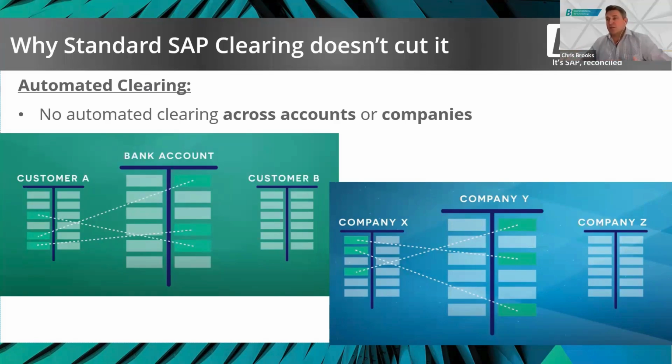So scenarios where you might have debits and credits sitting obviously for clearing, you can't actually use the automated clearing to do that, and in the same manner across different company codes, and that was very limiting. So Chris, when you had clients with these types of situations, how did you try and clear these entries without manual clearing? Well, okay, so I would